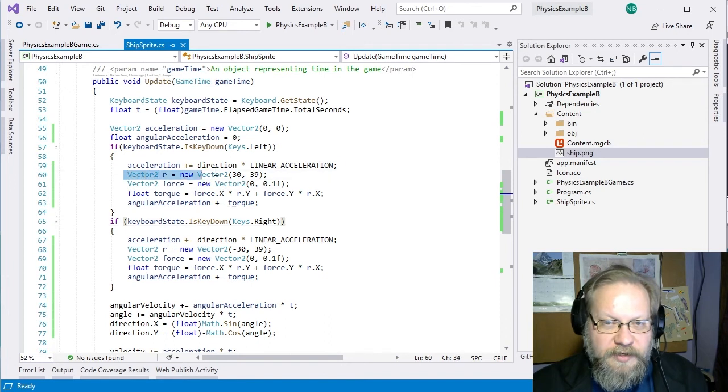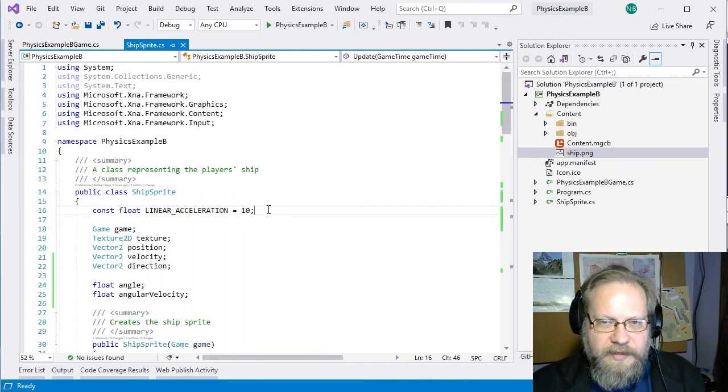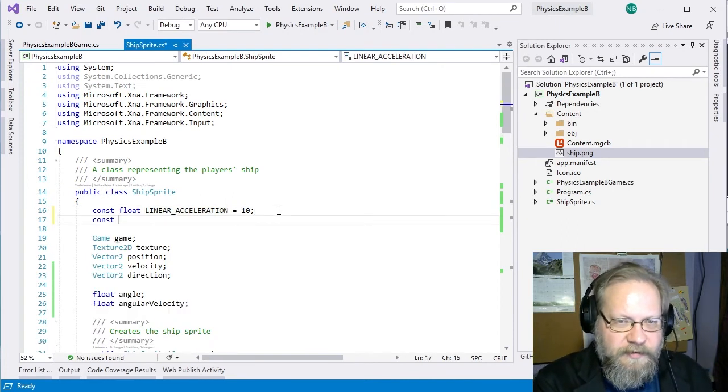Now, there is an easy optimization we can do here, because this r vector is not actually changing, this force vector is not changing, our torque is therefore also not changing. This is all constant. So we could replace all of this with a constant value and apply it just like we did with the linear acceleration. So if we were going to do that, we'd declare another constant